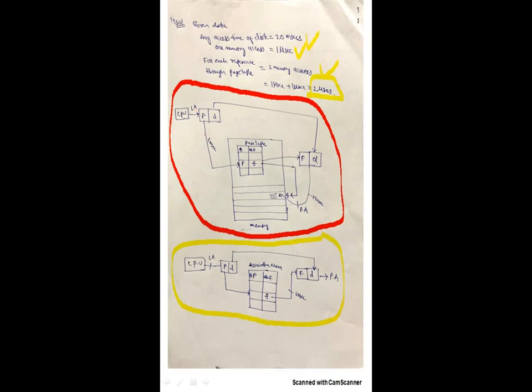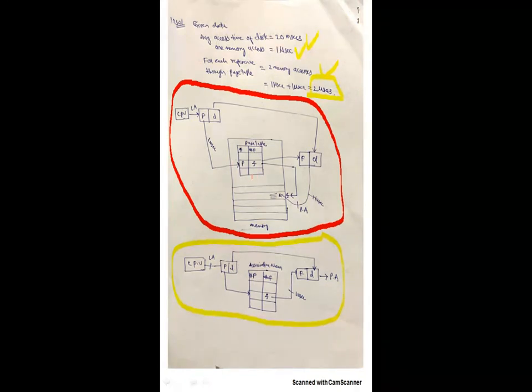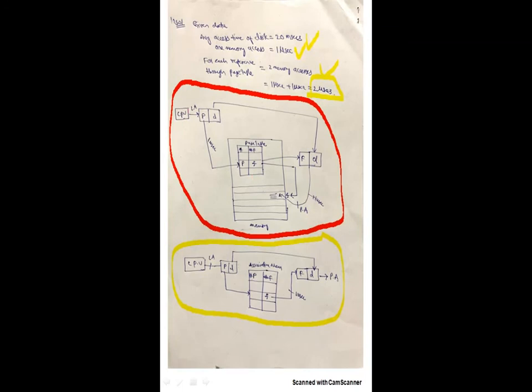If the page is present in main memory, it has to first check in the page table, and from the page table it will go to the memory. It will take two references. Then it is called a page hit. Suppose the page P is not present in main memory, then it is called a page miss. That is called a page fault.